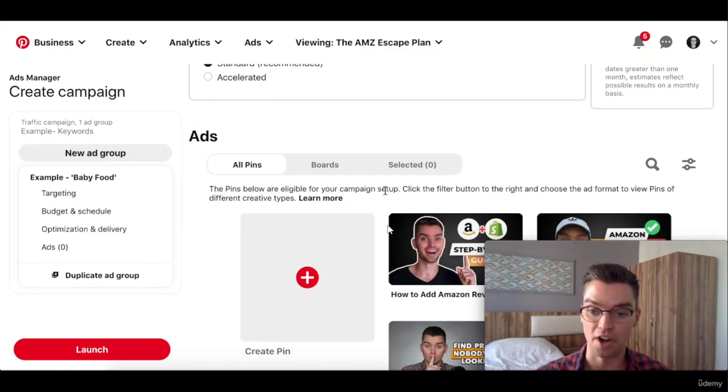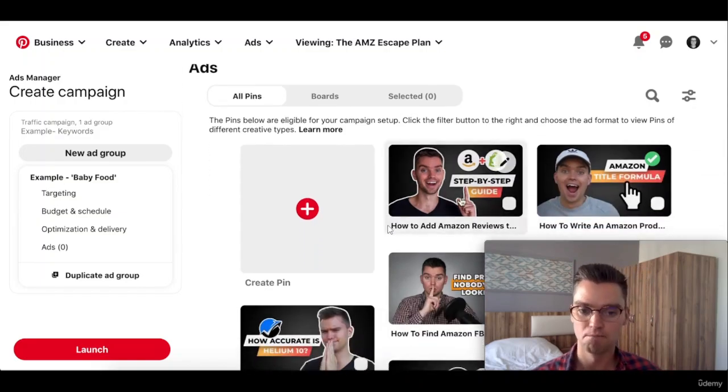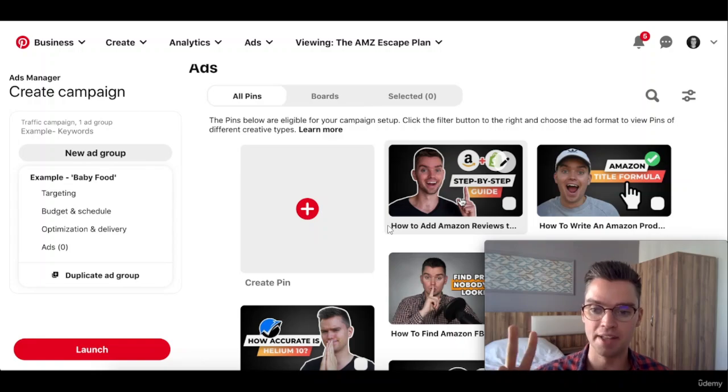where we're going to select the pins that we actually want to promote. The whole point we're doing this, right? Our promoted pins. So what you can do is you can either select one pin or more than one pin. What I like to do, as I stated before, is select 2 pins per ad group, okay? And the reason for that is, I want to see which pin is ultimately going to